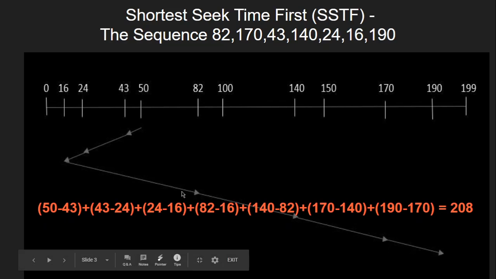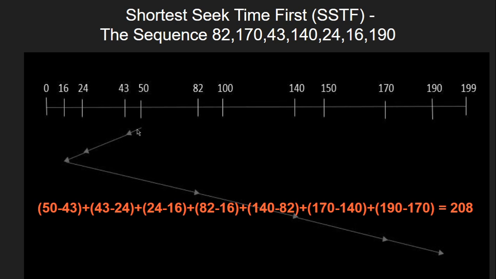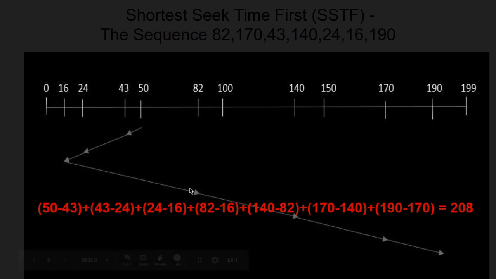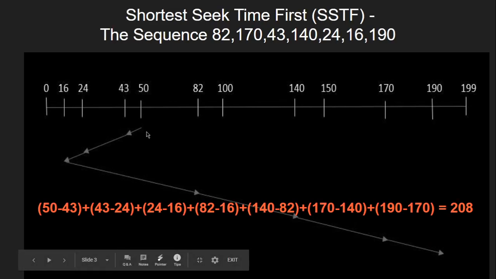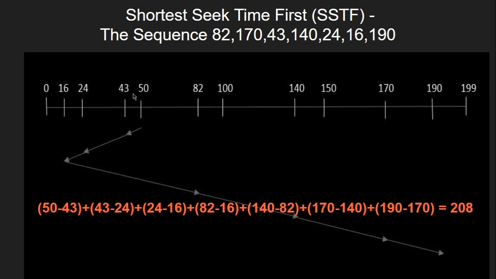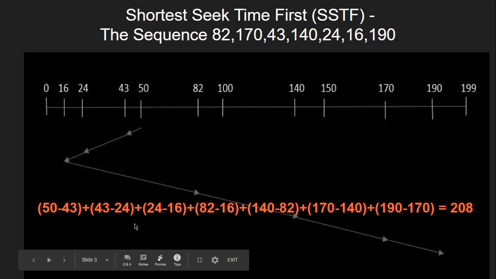190 is the last value. Here there is no need to separately add the individual differences like 50 to 43, then 43 to 24, and then 16; it will be a time-consuming process. So whenever the seek time goes in one direction continuously, you just find the difference from 50 to 16, that is 50 minus 16. So these three calculations can be saved, and then from 16 directly go to 190. No need to add all these values in between or find the differences in between.